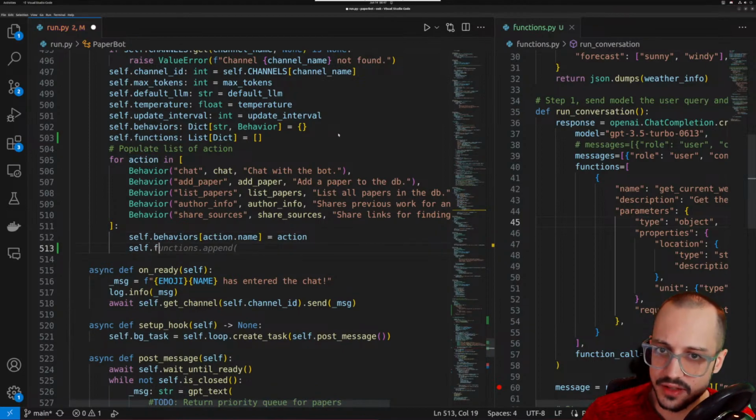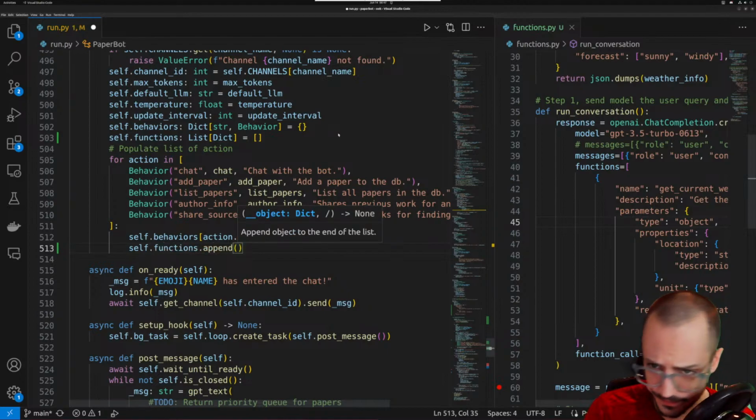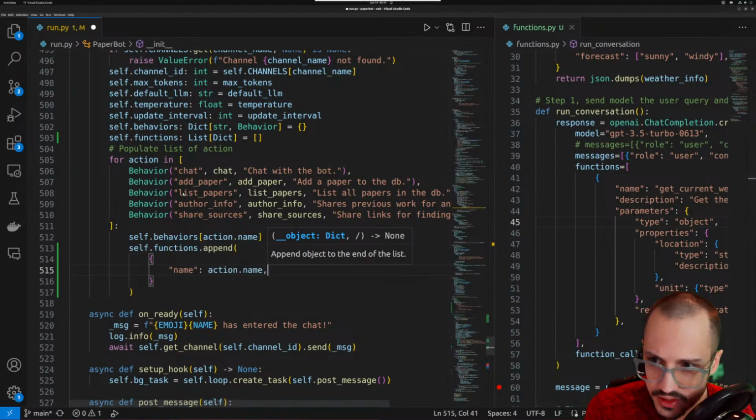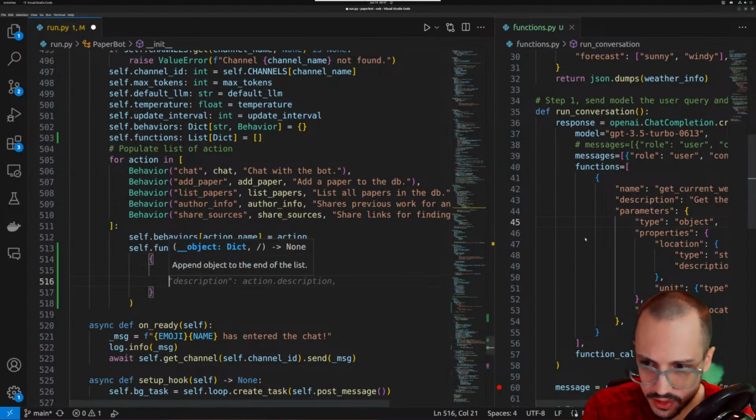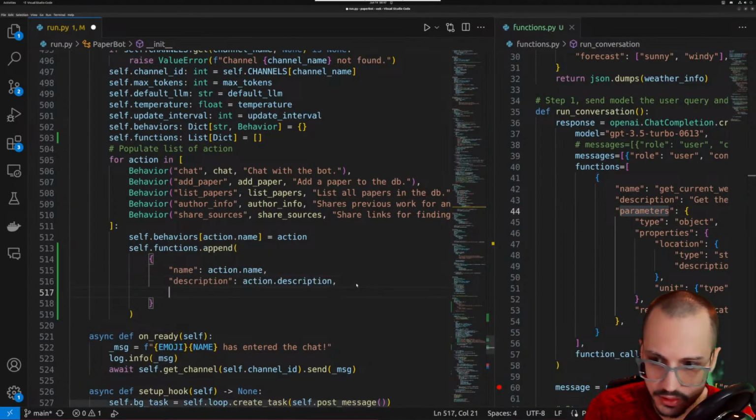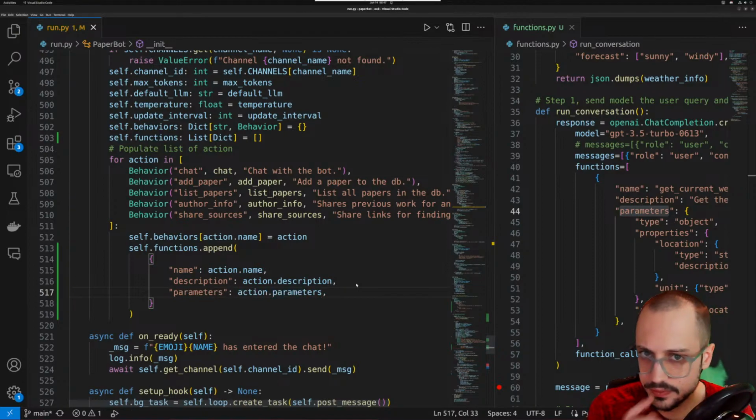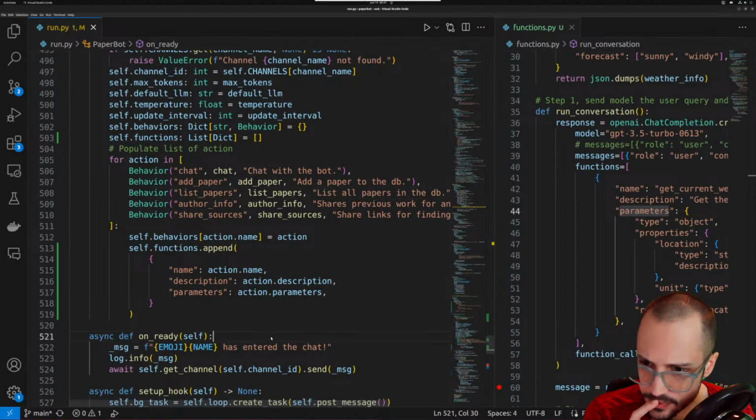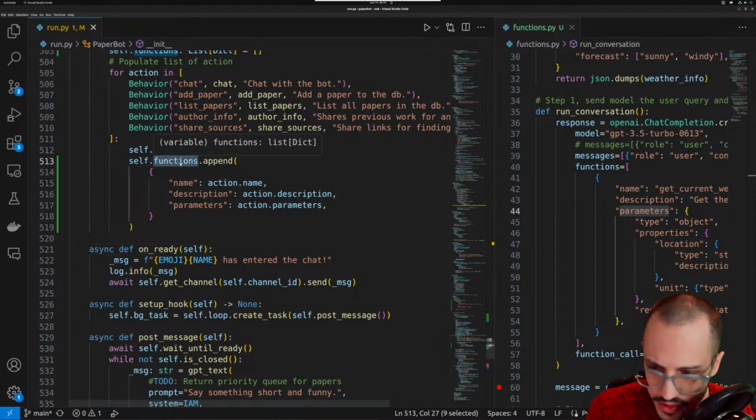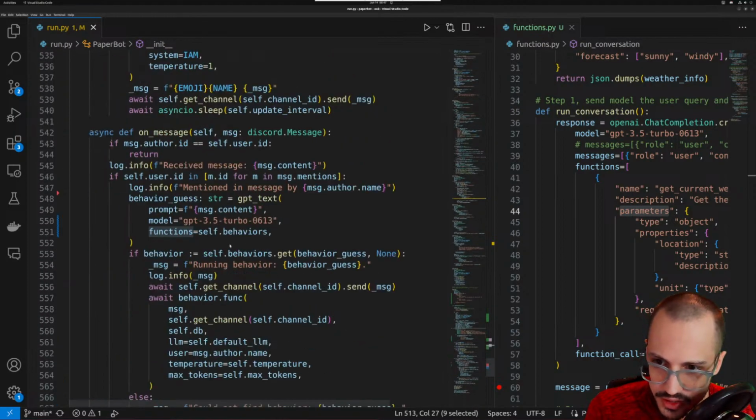We can say self.functions.append, and we're going to append a dictionary here that has this action.name, description, action.description, and then parameters, action.parameters, like this. And that's what we're going to pass in over here into our